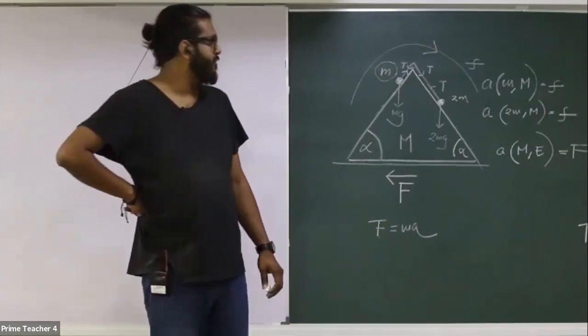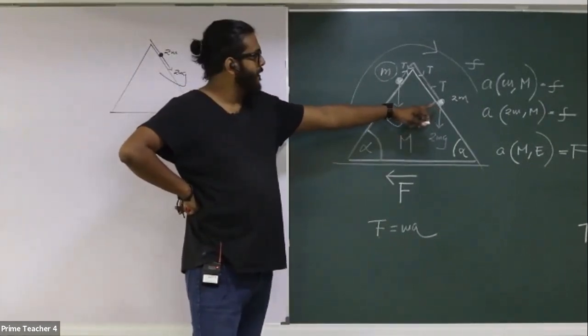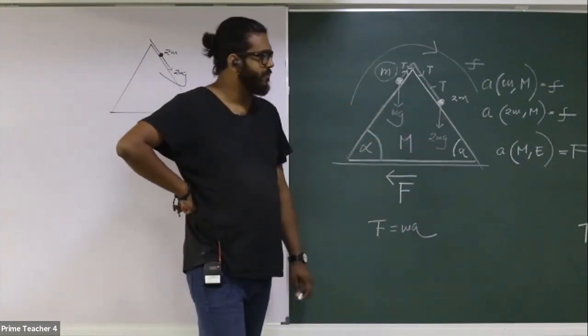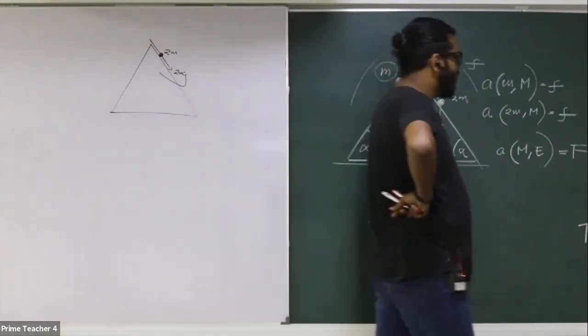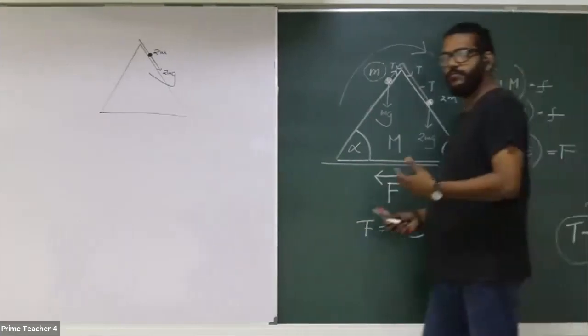Now last, apply F equals ma for 2m in this considered direction of motion. Now we are done with this one. I'll keep it emphasized and I'll get this equation on the whiteboard. Then later I will erase this.